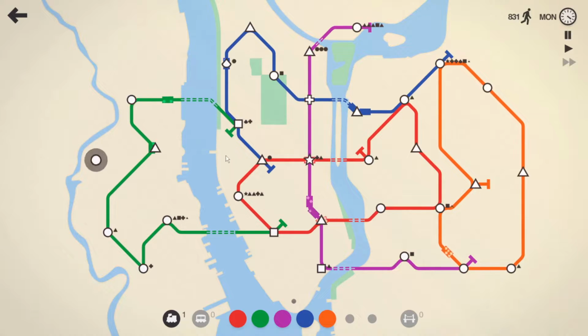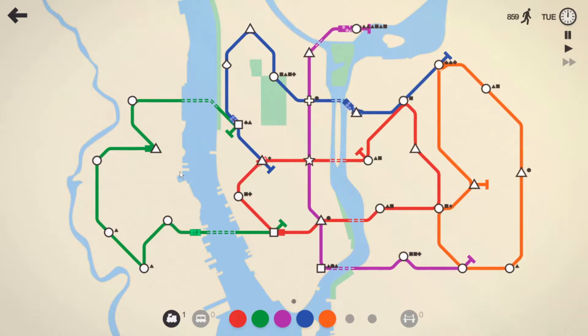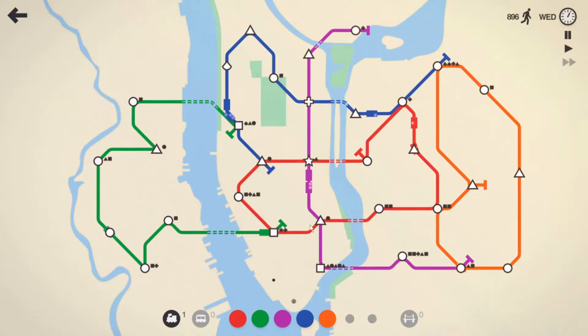So now I have an extra one on blue I can probably pull. Oh! This is a crazy line over here on green. This should be two different trains. I don't think I need the extra blue one in there, but we'll leave it for now. Make sure purple is still able to handle everything. Oh, no, no, no, no, no. Okay. Okay, well,